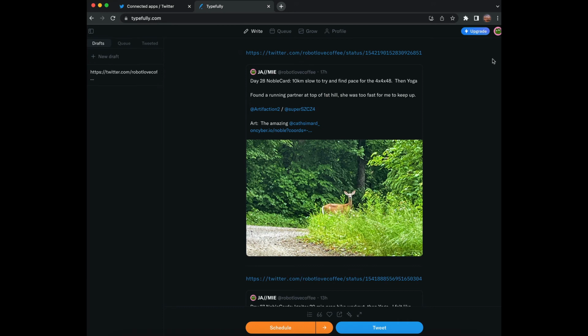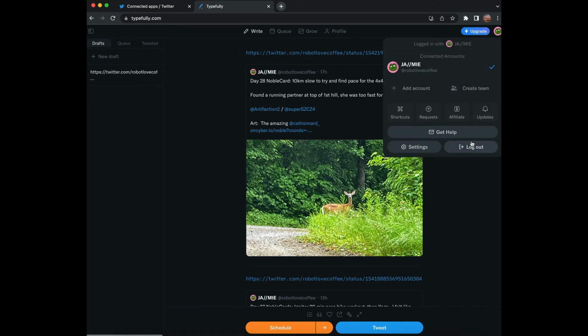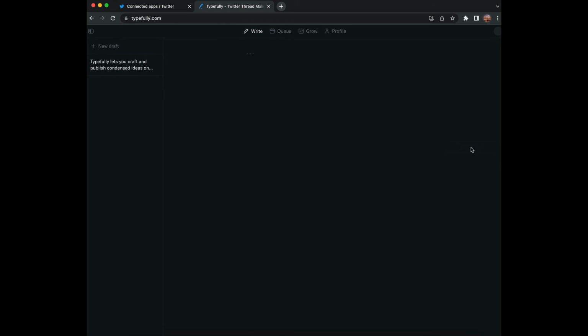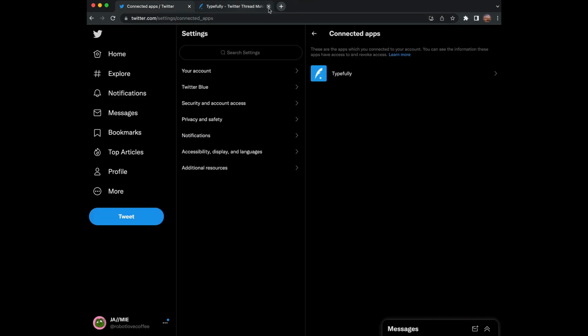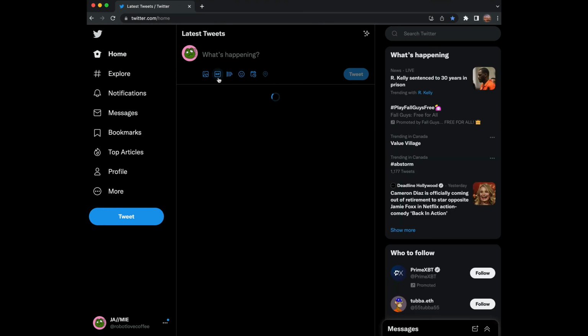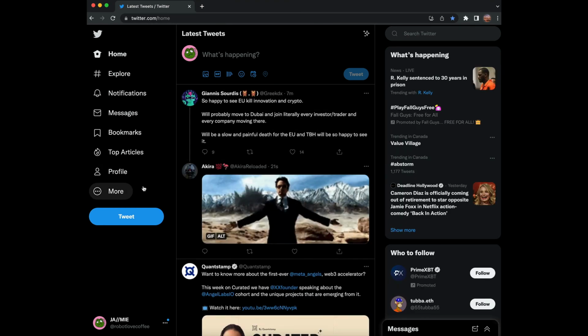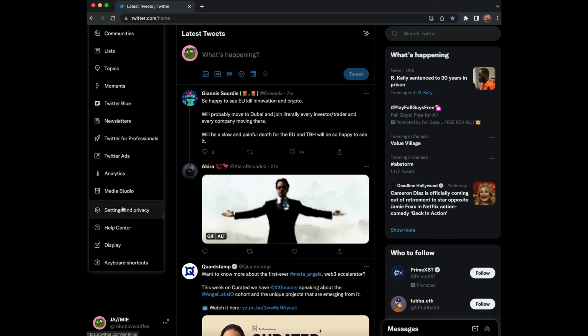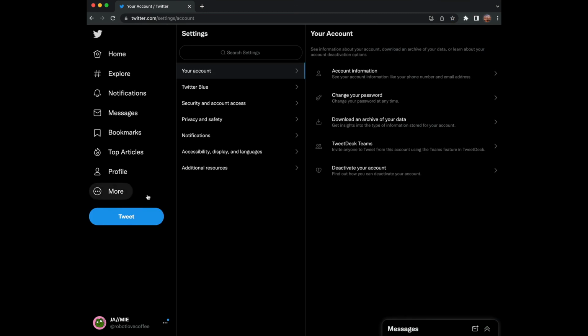The way that you would do that is you can come here and say, I want to log out. I would only do that after you have verification of your card. You're going to confirm that. And then the other thing you're going to want to do is go back to Twitter. In Twitter, you click on More, Settings and Privacy, Security and Account Access,